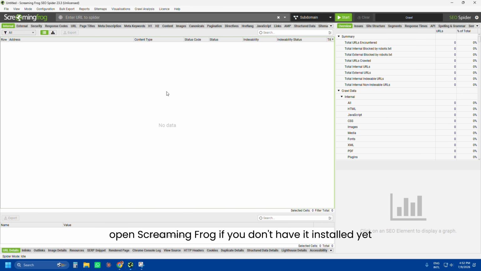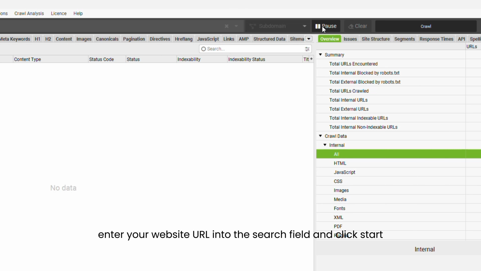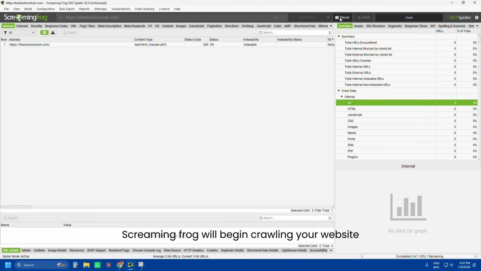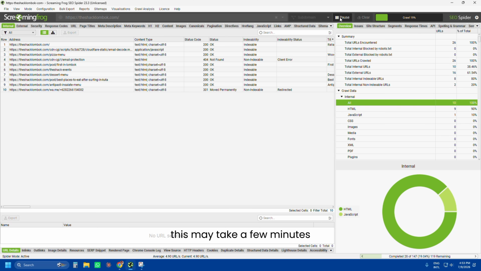If you don't have it installed yet, you'll find the download link in the description below. Once it's open, enter your website URL into the search field and click Start. Screaming Frog will begin crawling your website. Depending on the size of your site, this may take a few minutes, so just wait until the crawl reaches